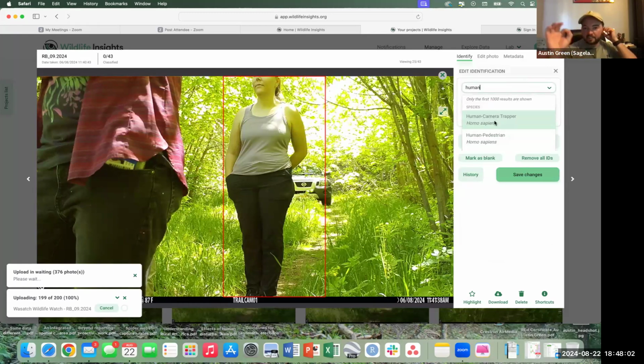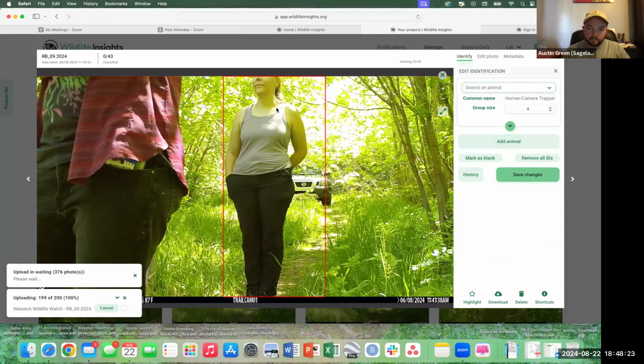We want to add that little caveat at the very end because the way that we analyze the data on the back end, we treat human camera trapper differently than we treat any other type of human detection. So we're going to click human camera trapper. There were 4 of us. We then want to add an animal. In this case, we're going to add a vehicle, but we want to add an animal because